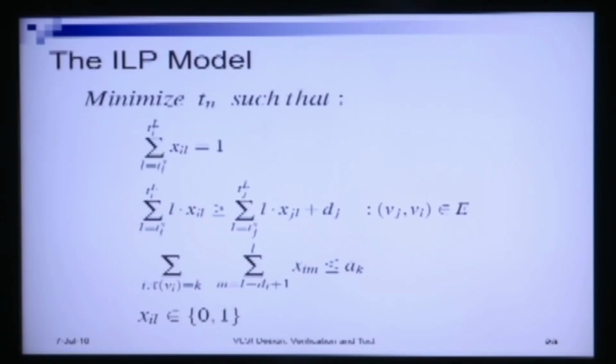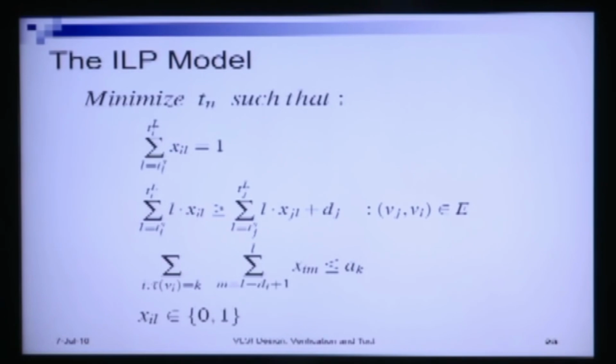If we minimize the start time of the sink operation, that means we are basically minimizing the length of the schedule, right. So, therefore, the final formulation becomes minimize Tn, and Tn can obviously be alternatively represented